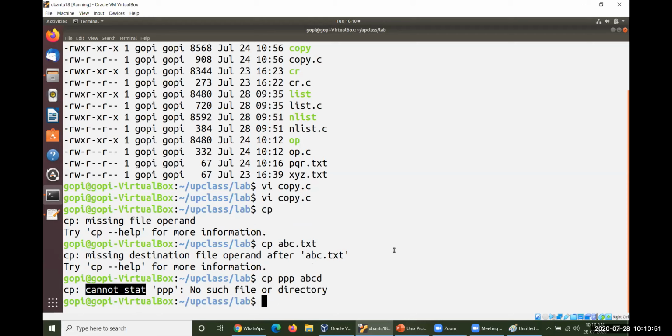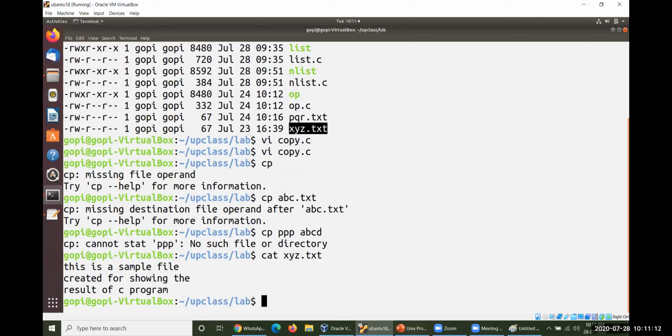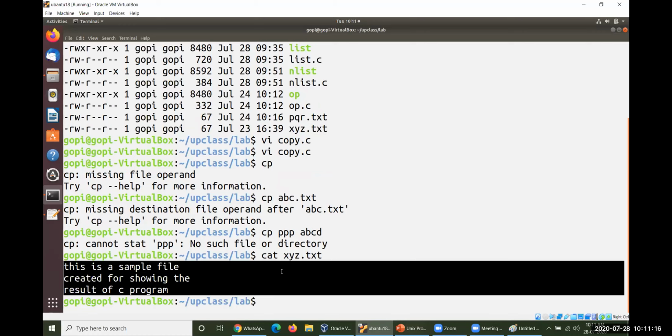If it exists, of course, it does not ask anything of you. Directly, it is copied. But we have to prompt the user while creating that particular command. So we have to prompt for that. Let me consider for a while xyz.txt. There is a file. cat xyz.txt. What is the content here? Yes, this is the content. This is the total content available in xyz.